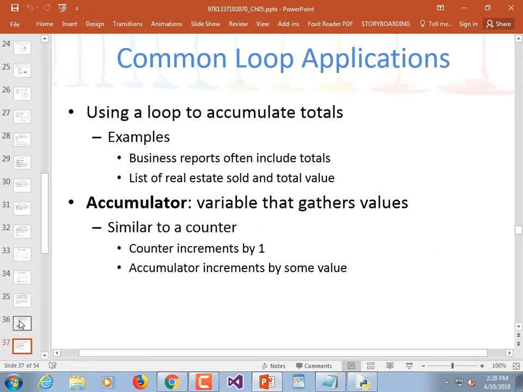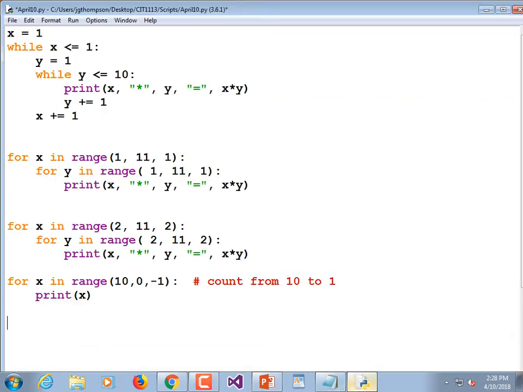All right, common loop applications, and I'm pretty sure we've done this before. We've used summation loops that add up from 1 to 10, right? You can do the same thing to accumulate a total, right? You could ask for a list of scores, and you could add them all up, and we've done that as well, right? It's kind of a test program where you input scores, say yes or no. I'm not seeing a lot of heads nodding. I mean, have we done it? We're going to do it again. A lot of people were not looking sure. Okay, so